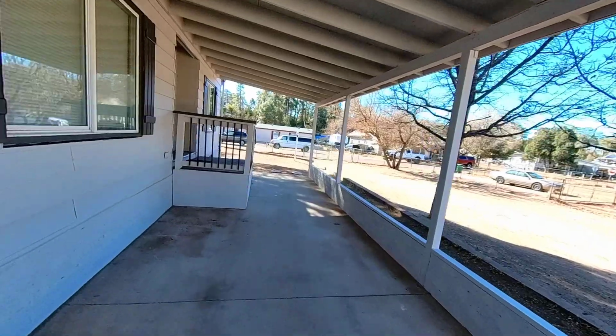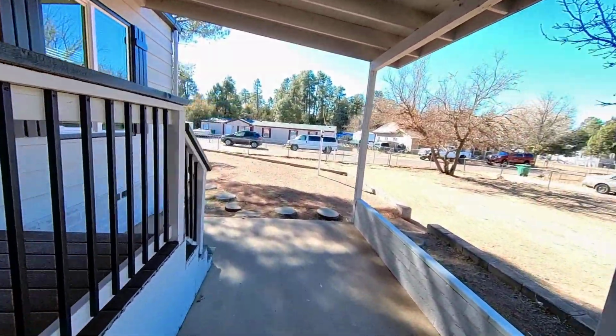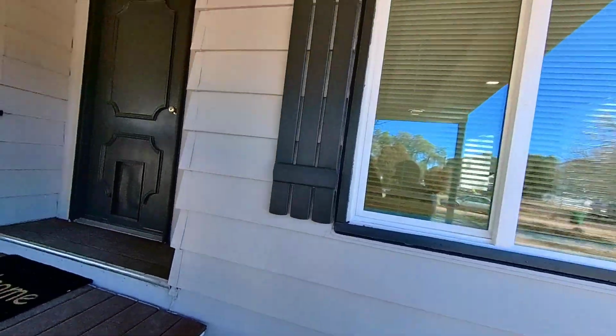But anyway, it's just a great property. You've got this covered porch. This is really nice. And not far from the hospital. Very close. And let's go ahead and take a look at what an amazing job they did on this